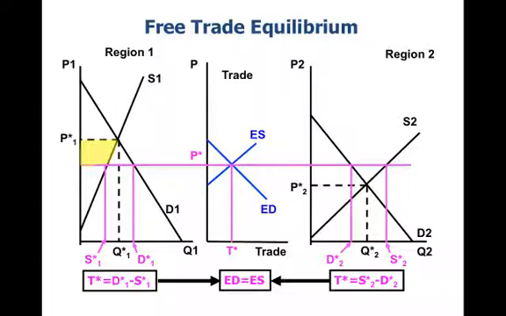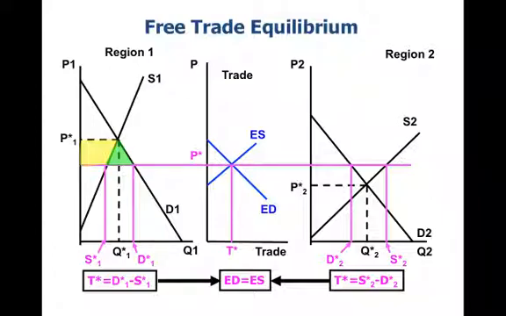So producers are worse off because they have a lower price. Consumers have an increase in surplus because their price has gone down, and part of that increase in surplus comes from a transfer from producers. But there's also a creation of new benefits, new economic benefits in the market for Region 1 because the price is now lower. In particular, this green triangle represents what we call the gains from trade in the importing region. And what you can see is that that's a consumer surplus. And so consumers are unambiguously better off, but producers are worse off.